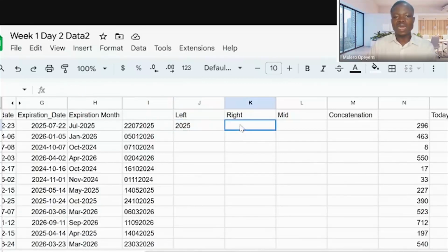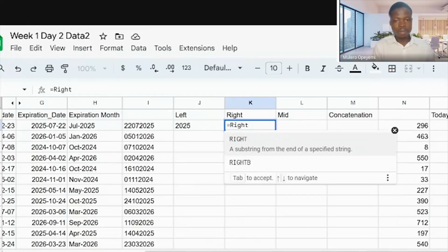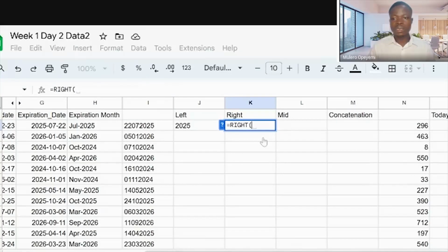The same thing applies to right. You can say right. If I want just two characters from the right, 22. Can you see that? And mind you, left or right, the dash that you have there will also be counted.